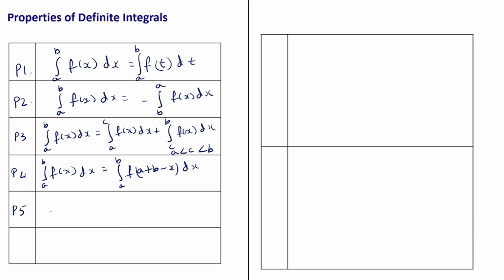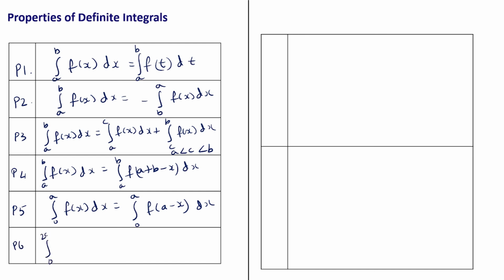The fifth property, integral 0 to a f of x dx, is equal to integral 0 to a f of a minus x dx. So if we have to find the value of a definite integral of the form integral 0 to a f of x dx, then we can replace x by a minus x and then we can find the definite integral. Now we have the sixth property,